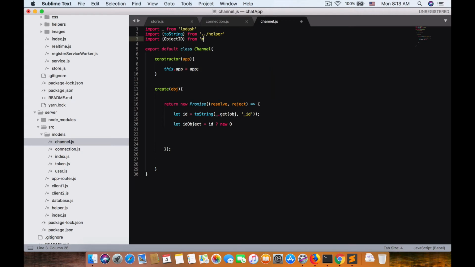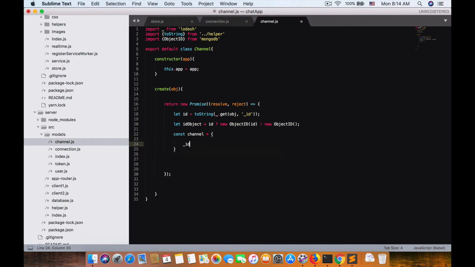from MongoDB, and in this case if we take a new ID that exists, we do new ObjectID, or new ObjectID with no ID parameter. So in this case, course channel